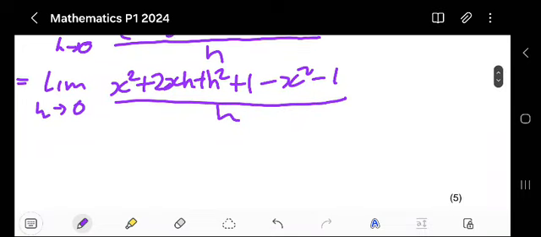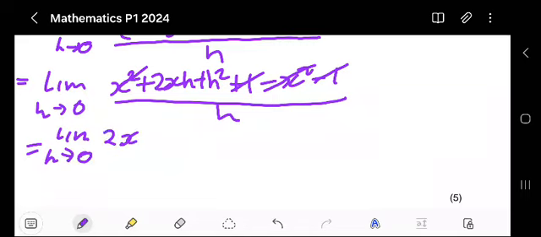So as you can check, this and that will cancel, also this and that will cancel. Actually here we'll simply have lim h approaches 0, we'll be left with 2xh plus h squared